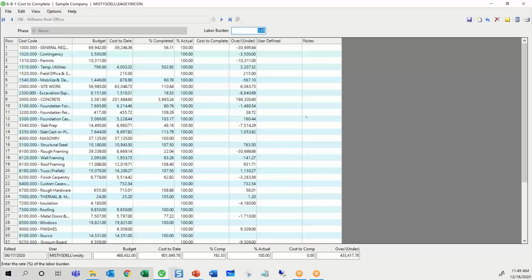It's not affecting any records. It's really just a live way for you as a project manager, or maybe you're the CFO or the controller for the company, and you need to figure out these cost to completes for your job reporting or whatever. But something to think about is, and the reason I'm showing you this is because in the job closeout procedure